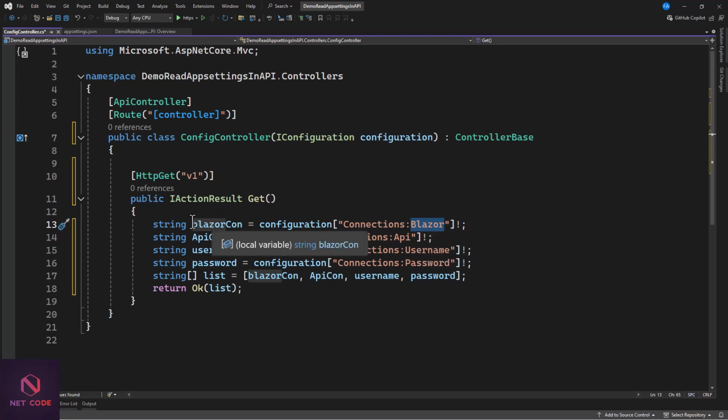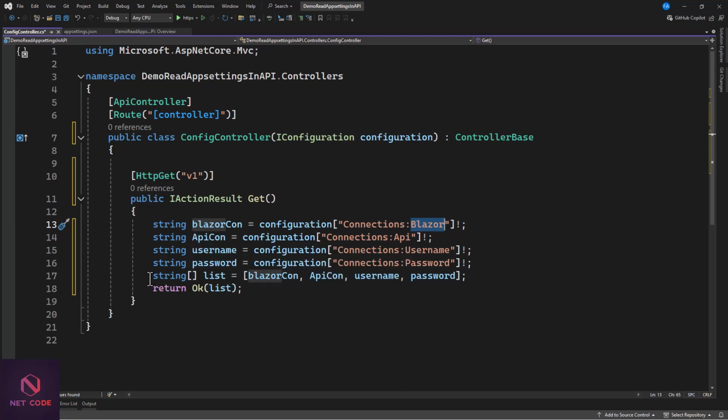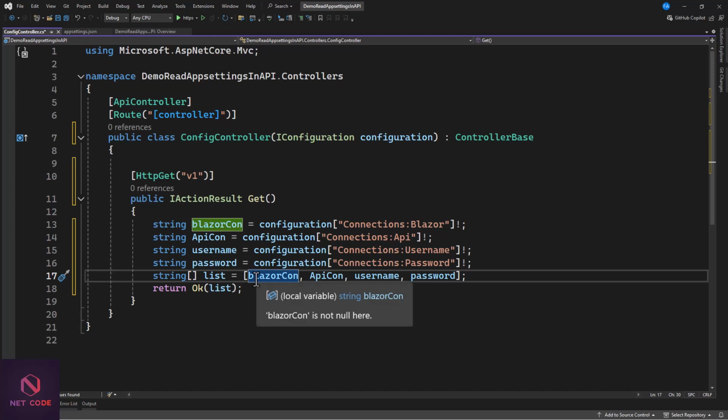We store it in here. We do same to each, and now we store them based on the variable that we have defined. After that, I'm creating just a list, and now have set them in here. Very simple one. Okay, so maybe that's what I can do. I can